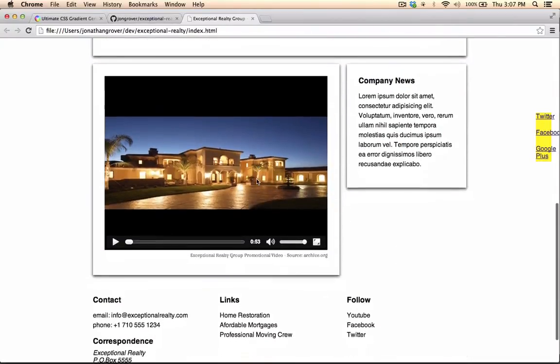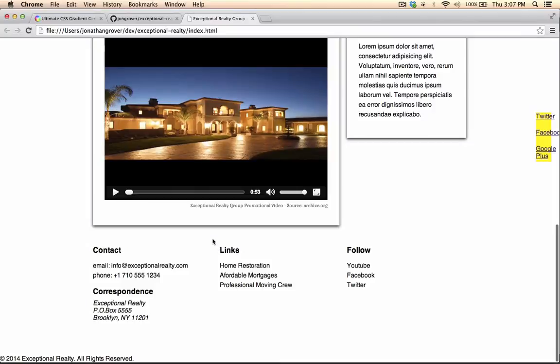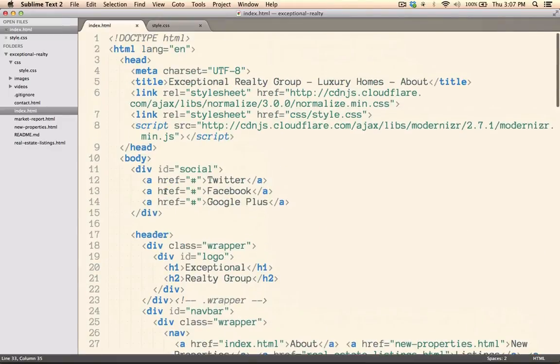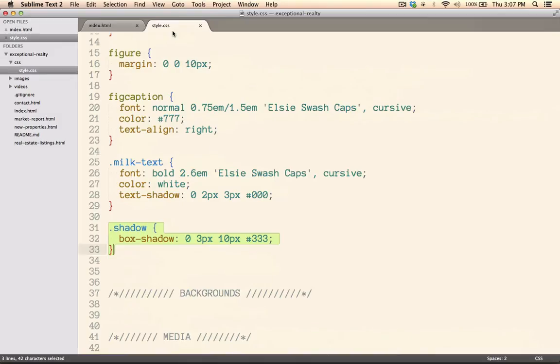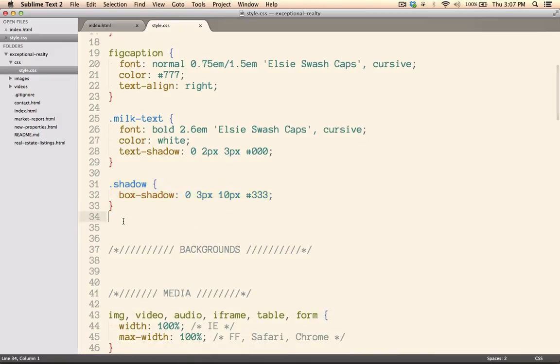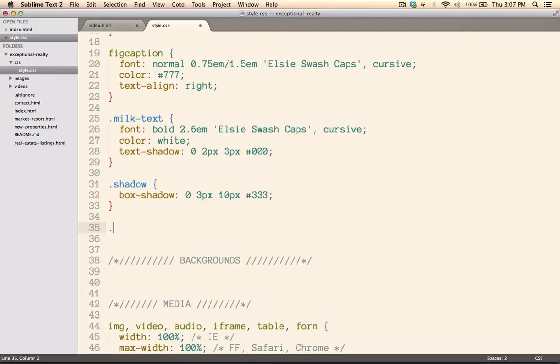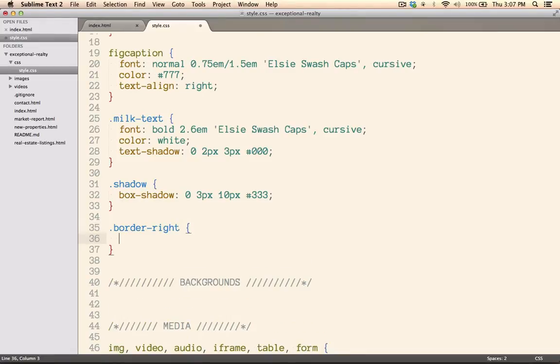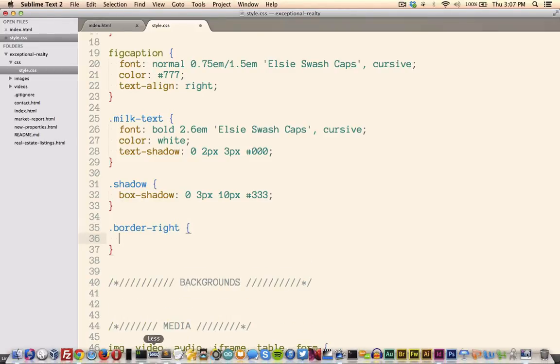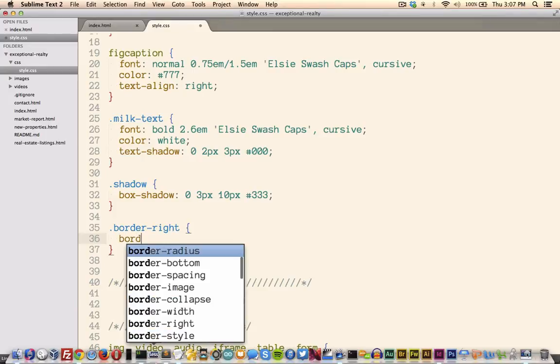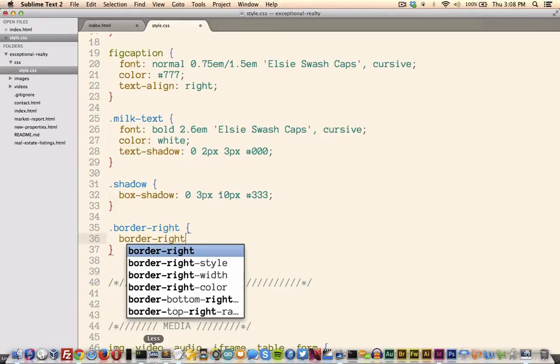So the next thing we want to do is add some borders on the right hand side of these 2 columns. So let's go ahead and create another global class here. I'm going to jump back to style.css, and let's go ahead and say border-right. And now anything I apply this border-right style to is going to have a border on the right hand side,